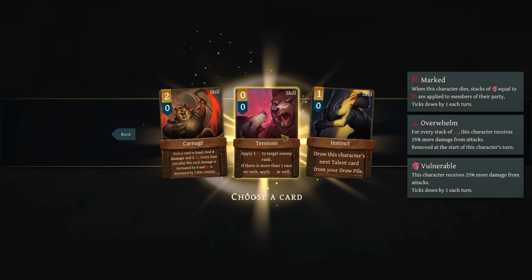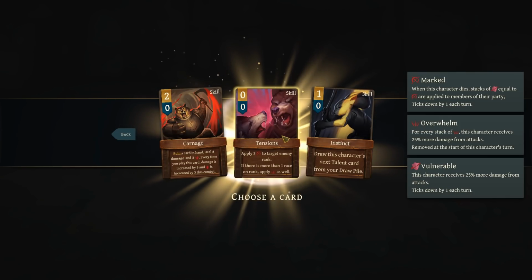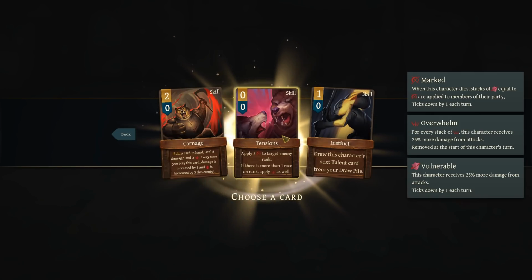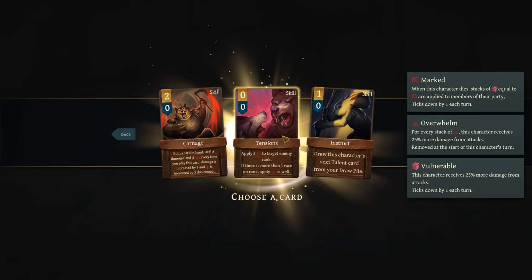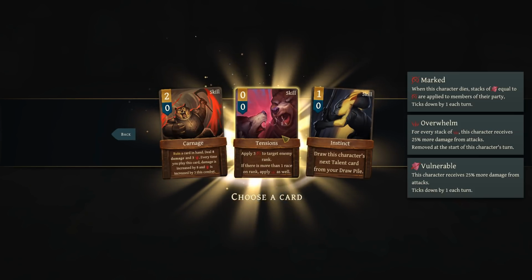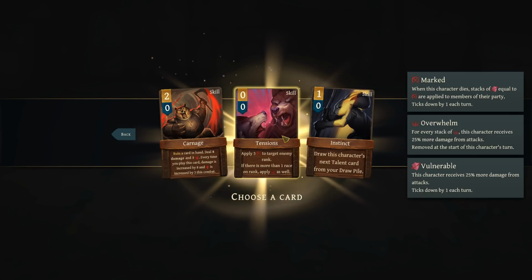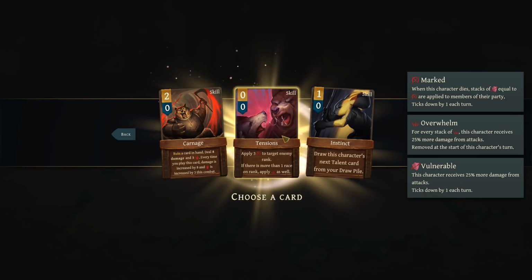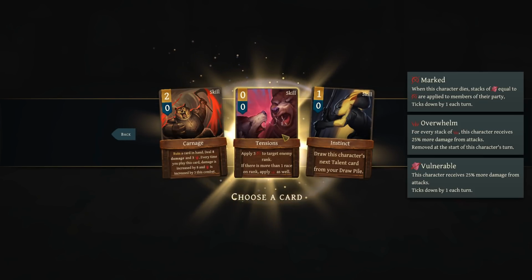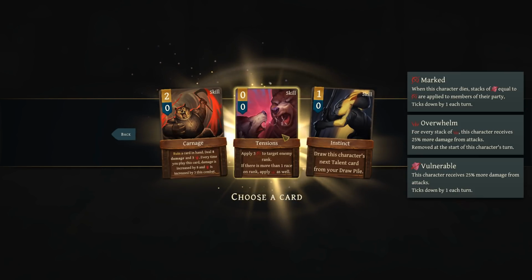Wait, what is this? Apply 3 marked to target enemy rank. When this character dies, stacks of vulnerable equal to the mark are applied to members of their party. Interesting. If there's more than one race on the rank, apply overwhelm as well. Boy, that does kind of a lot of things in a weird, delayed way. I mean, it seems alright. It doesn't really do anything unless...